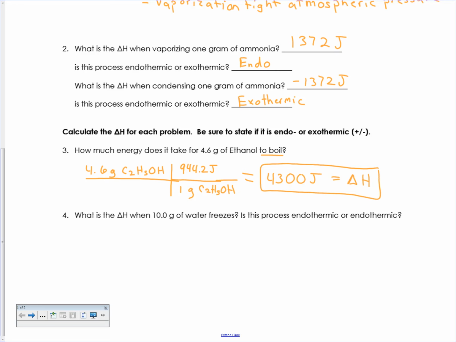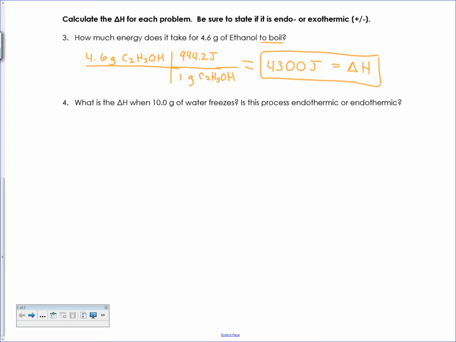Continuing on here to problem number 4. It says, what's the delta H when 10 grams of water freezes? Is this process endothermic or exothermic? So if we're talking about freezing, we're talking about heat of fusion. So we start here with the 10 grams that were given